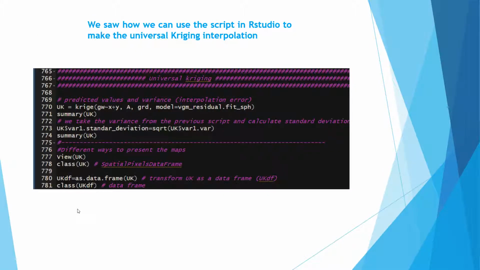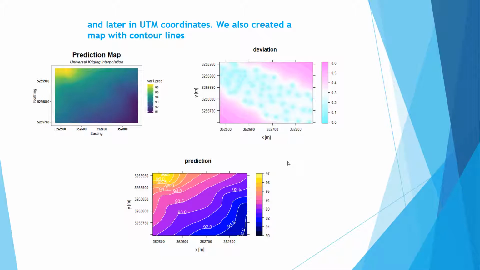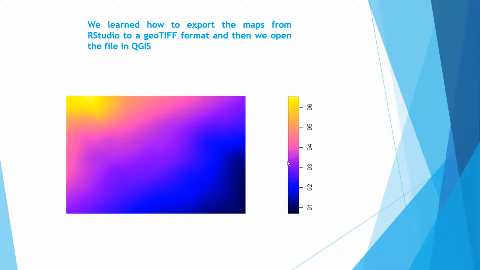In the previous video we saw how we can use the script in RStudio to make the universal Kriging interpolation. Also, we created three different kinds of maps: the predicted values, the variance, and the standard deviation. First, we did it in latitude and longitude, and later in UTM coordinates. We also created a map with contour lines. We learned how to export the maps from RStudio to a GeoTIFF format, and then we opened the file in